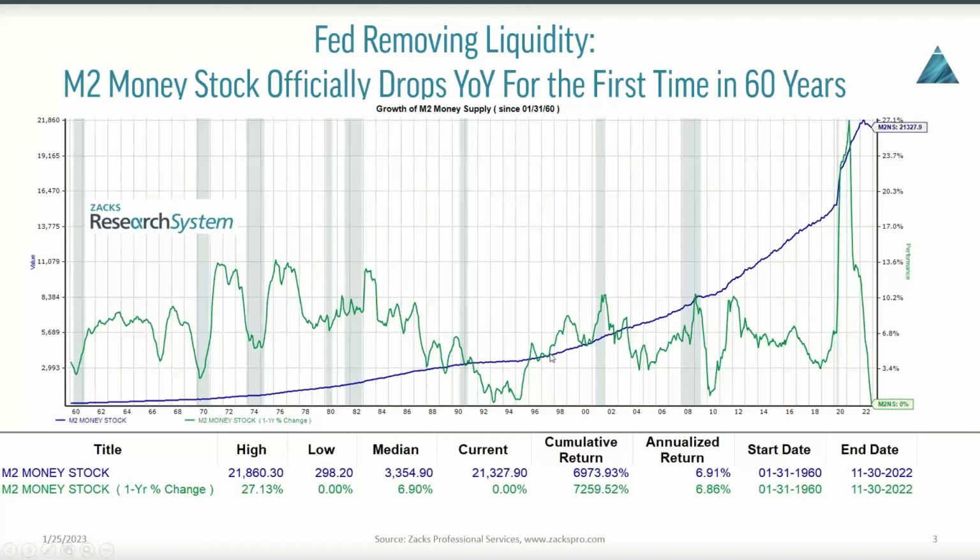back to what M2 has been historically growing at over the past 60 years. If we were to take a look at that, that would take us to roughly 17 trillion, I should say, in terms of the M2 money stock. And we're currently at 21.3 trillion. So this has quite a ways to go. All I'm saying is that I think mean reversion is in play. So we're going to see this number stay below zero for the next year, possibly even 2 years,